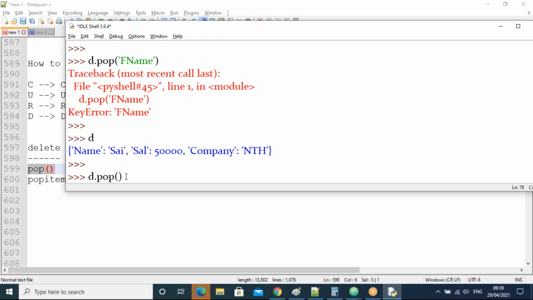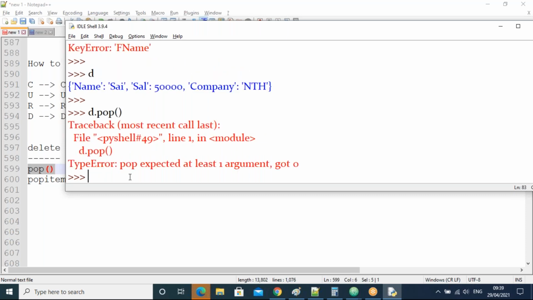Yes, guys. In case of list, if you don't specify anything in the pop, it will remove the last element in the list. In case of dictionary, it will throw an error, which means the pop expected at least one argument, but you are giving 0 arguments.